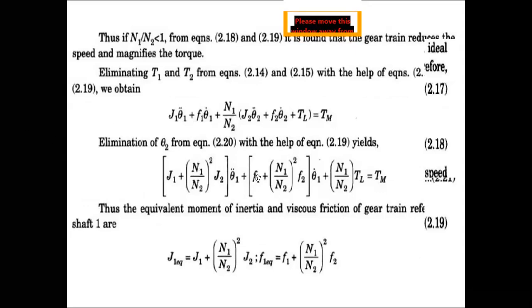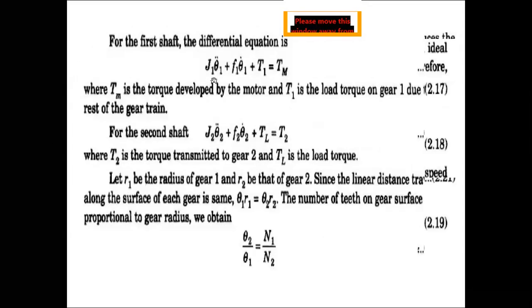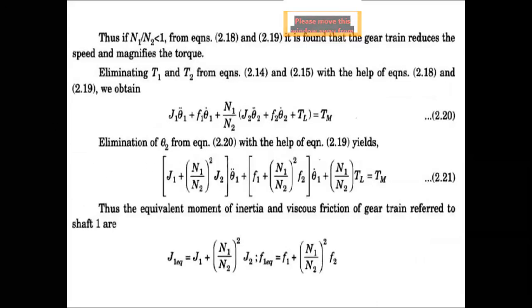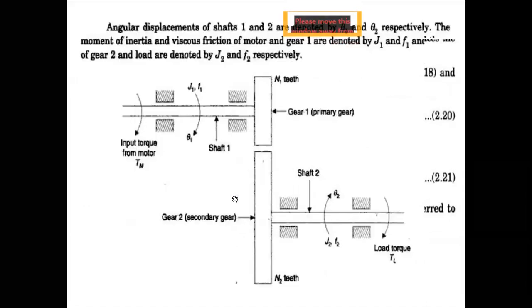Now, if you compare this equation with this equation, first J1 is inertia, this is damping. If you compare that way, whatever term you are going to get, let me call it J1 equivalent. Let me call it F1 equivalent. This J1 is called the equivalent moment of inertia. What it means is, whenever you have this gear system, normally we think that only J1 is the moment of inertia, but there is some back moment of inertia from secondary to primary.